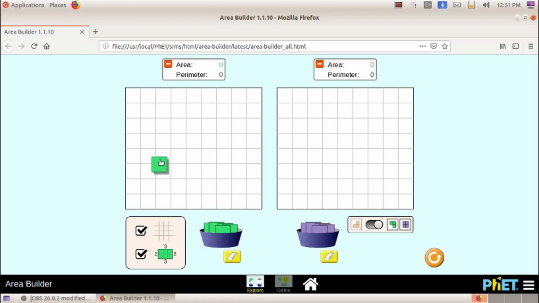So you can place the squares here, no problem. So it will show the area and perimeter here, and these bowls squares can be placed here, and you can place the squares like this.